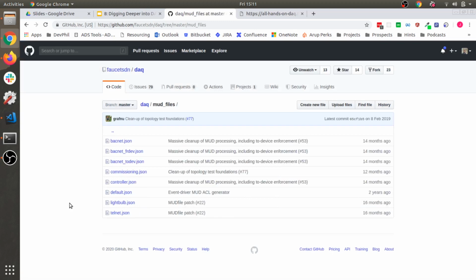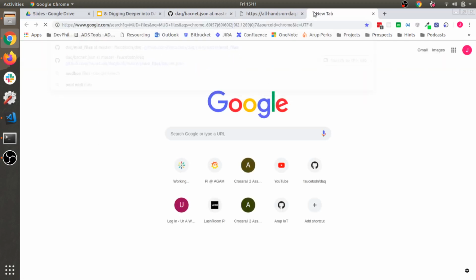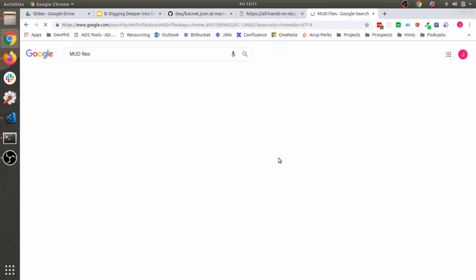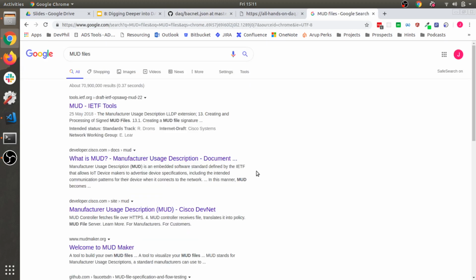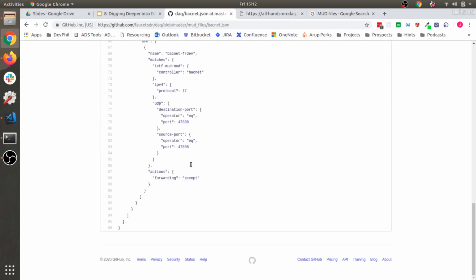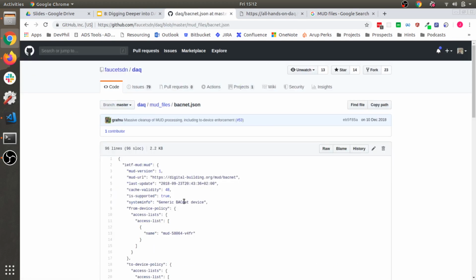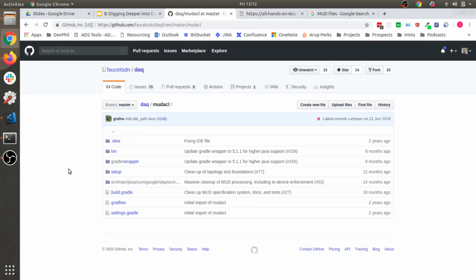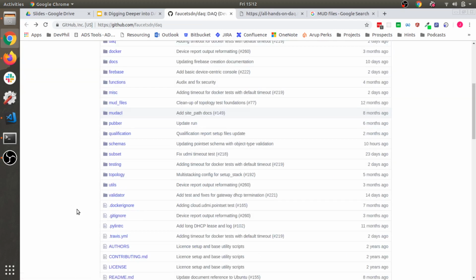Mud files. I am no expert on mud files at all. I always forget this. Manufacturer usage description. From what I understand, it's a file that describes what a device, an embedded software device, is doing. So these ones here are an example of a mud file that describes a certain device doing a thing, in this case, a generic backend device, and there's other ones in here as well. Okay, so that is modifiers. There's mud ACL, access control lists,